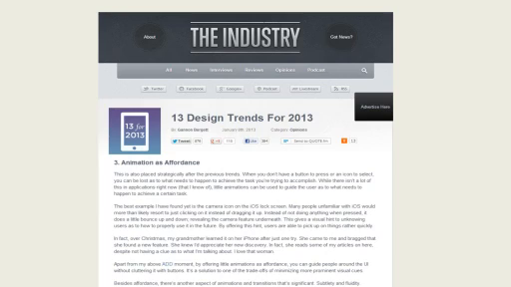And right now, in the UX community, we've been talking for years about what we can do with rich interactivity now that all those tools support it. Is it just a nice eye candy feature set? Is it something that we can use to really substantially improve the user experience or not? It seems that this topic is now getting a little bit more prominent, for example, as evidenced by this article on the industry that talked about the 13 design trends for this year, 2013. And number 3 on that list was to use animation as affordance.